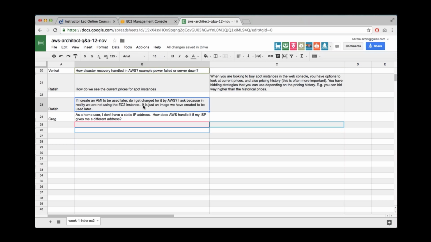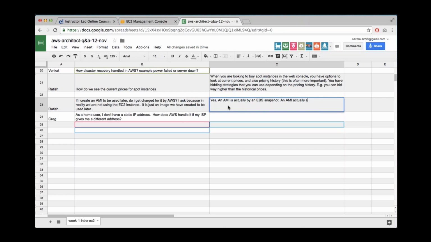Okay, so what you're saying is, if I create an AMI, do I get charged for creating the AMI, right? And you've not created an EC2 instance, you've only created an AMI. Is there a cost to creating an AMI? So the answer is yes. There is a cost, because an AMI is actually backed by an EBS snapshot. EBS is your volume, right? And an EBS snapshot is a copy of that EBS volume. So an AMI actually uses up some amount of storage, right? So you have to pay for that storage. You don't have to pay for the EC2 instance